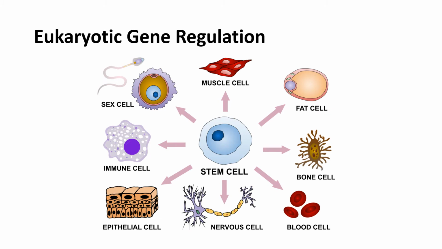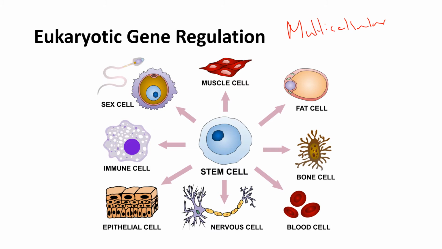Eukaryotic cells also need to be able to regulate their gene expression. For the unicellular eukaryotic organisms, the reasons are the same as for the prokaryotes. They need to be very efficient and not waste energy or nutrients producing proteins that they don't need. And also they have to be able to respond to changes in the environment. But there are also multicellular eukaryotic organisms, and they need to control their gene regulation because they need to control which proteins are produced in